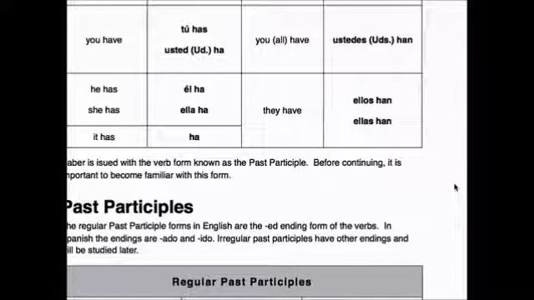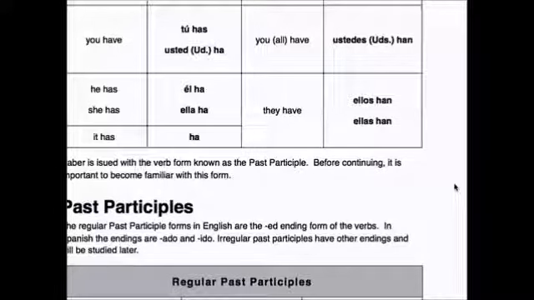The auxiliary to have is haber, and it's called the auxiliary because it needs to be used with a past participle in order to get the construction known as the compound or perfect. It's also known as the perfect tense when you're studying tenses, depending on what tense you use haber. In this case, we're going to do the present tense of haber. So haber is the auxiliary to have, as in when you say to have done something, to have worked, to